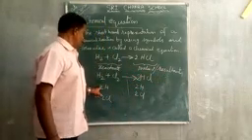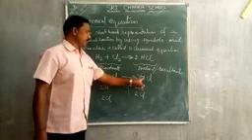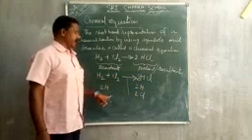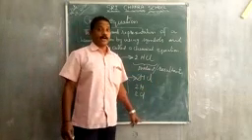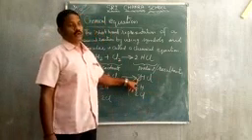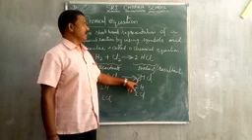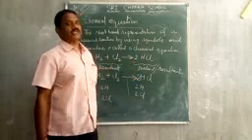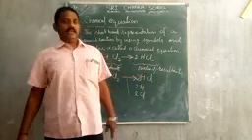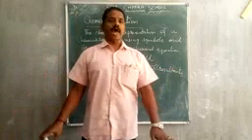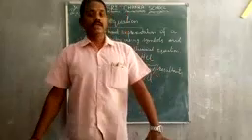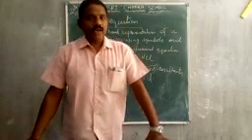Therefore, 2H on the left hand side, 2 hydrogens on the right hand side, 2 chlorines on the left hand side, 2 chlorines on the right hand side. It is possible only when you put 2 before HCl, that is hydrogen chloride. That is the reason why I have put 2 before HCl. And this method of equalizing atoms on both sides of an equation is called balancing of an equation. Listen once again. Here what we are doing,